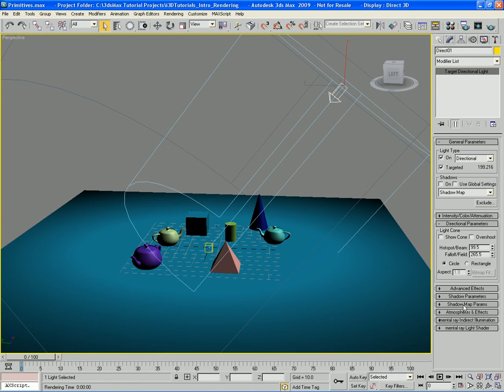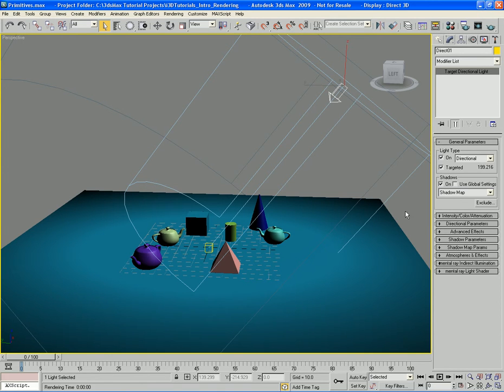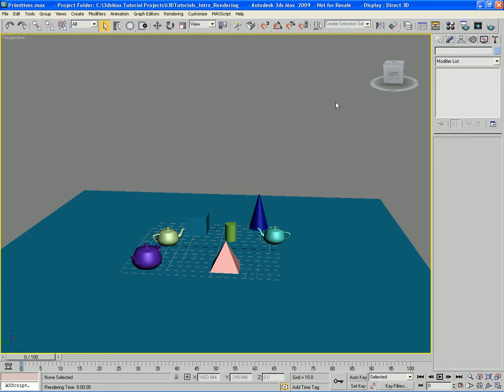The shadow map parameters are the same, so are the atmospheres and effects. We also get intensity and color, which is the same as before, just like with the spotlights. We could turn on shadows here, and so on and so forth. We can also switch the directional light back to a spotlight or an Omni light, and we're going to talk about Omni light next. So let's select this directional light, hit delete to get rid of it, and now